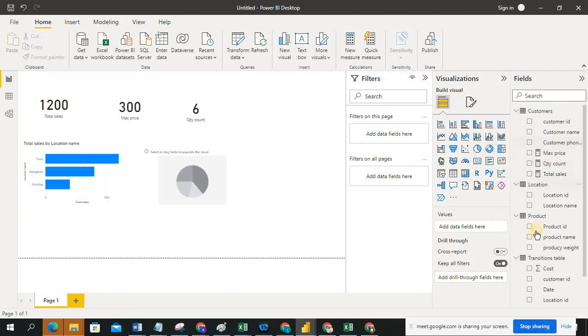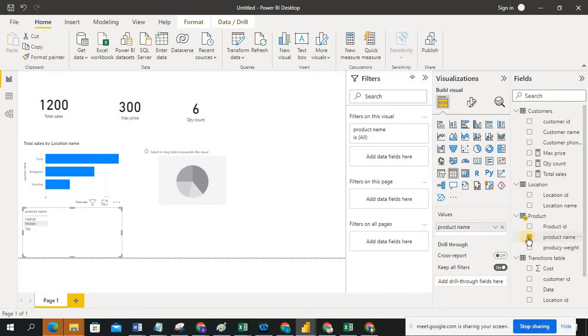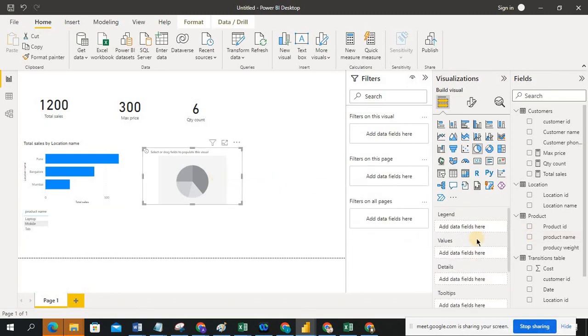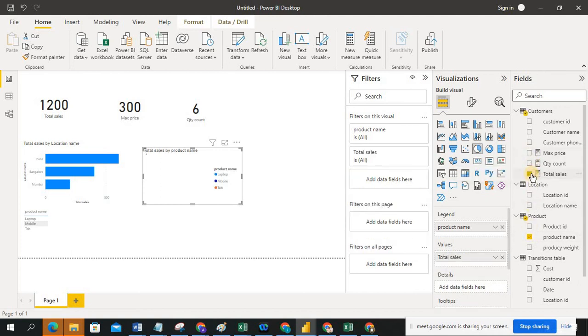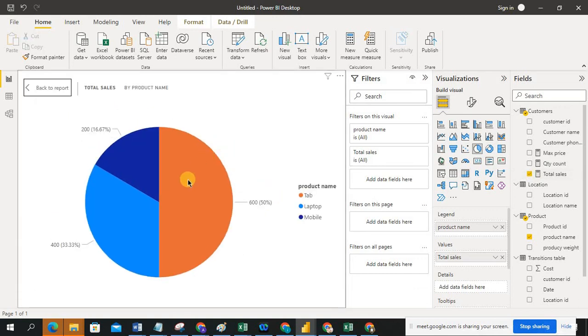I'll take product name, sorry, you have to select this, product name and total sales. You can see here, go to the focus mode, you can see the product name is tab, the sales is 600, the product name is mobile, the total sales is 200, the product name is laptop, that is a 400. Okay, you can see